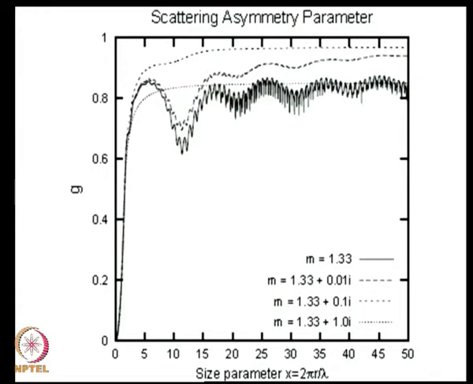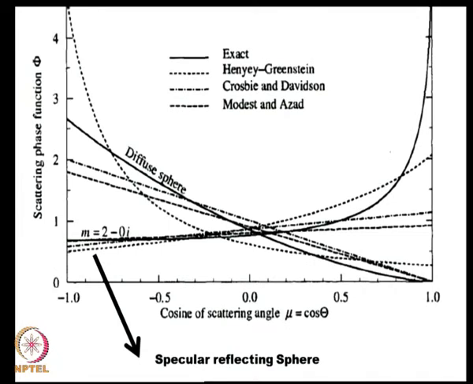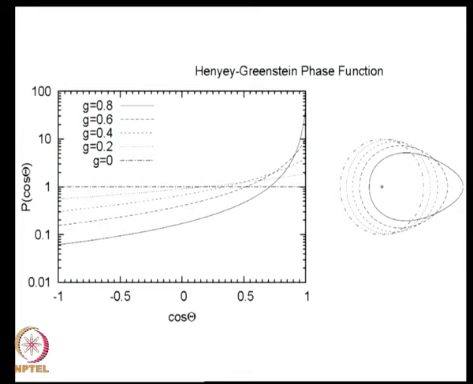So it's primarily forward scattering, and this behavior will now be seen graphically in some examples. Now, here is an example of the well known Henyey-Greenstein phase function, which shows that the scattering is peaked in the forward direction, and the scattering becomes more symmetric when, of course, g approaches 0, and that is this one.